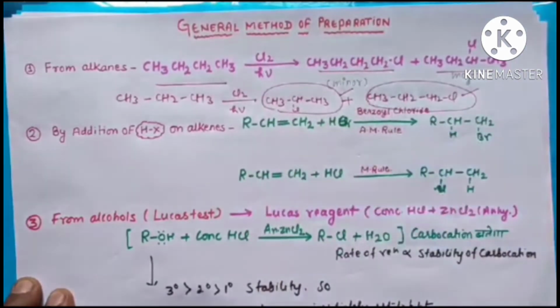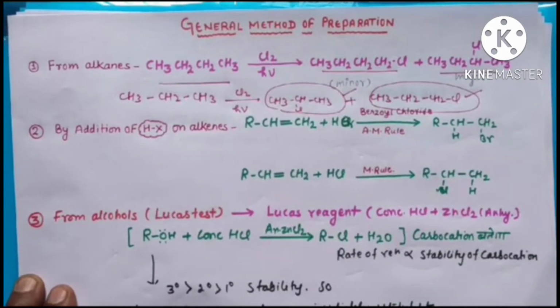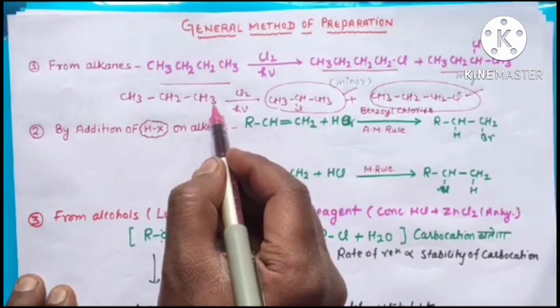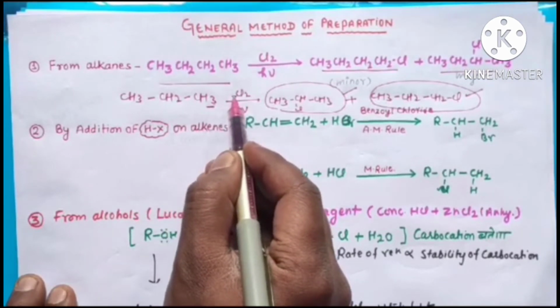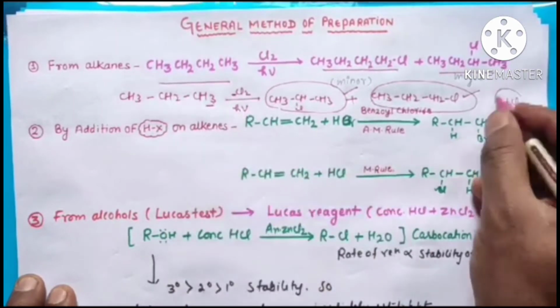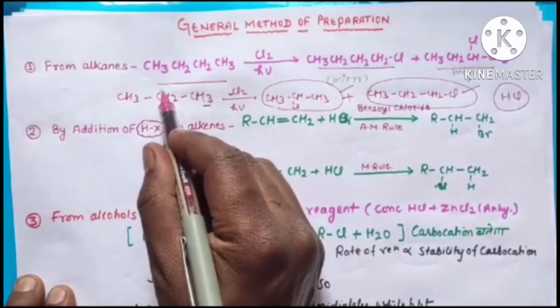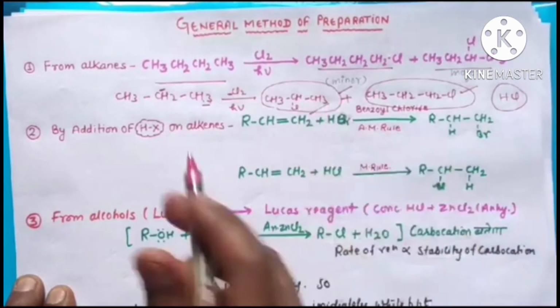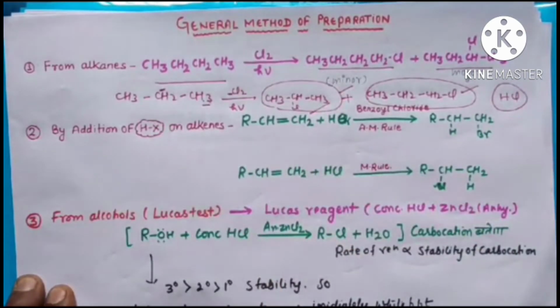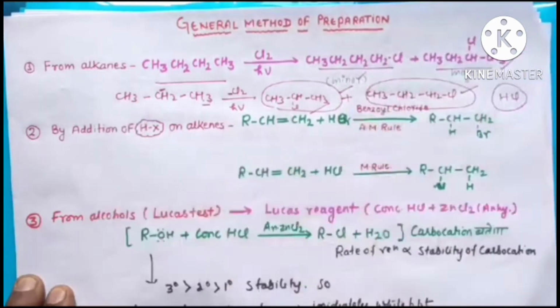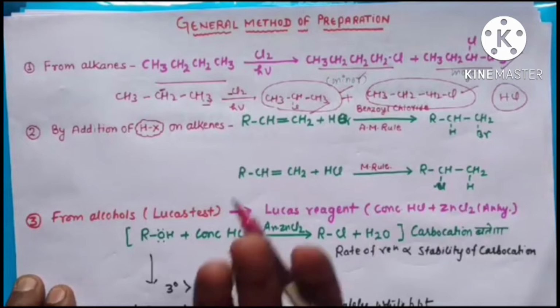You can go to the description box for the playlist and the detailed method, but this is not the time to study in detail. You have to keep in mind, for example, if you are going to halogenate it, one H from here and one Cl can be removed, meaning HCl will come out, and the remaining Cl will attach to here, or it might be that H will come from here. So this will be the major product, because a 2 degree carbocation will be formed, which will be more stable. So that's why this product will be major, and this will be minor. Similarly you can take more alkanes and halogenate them.